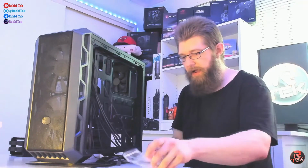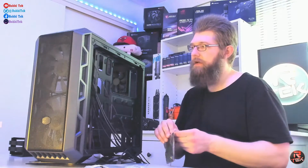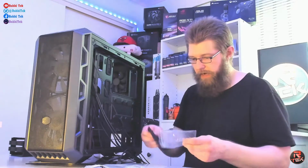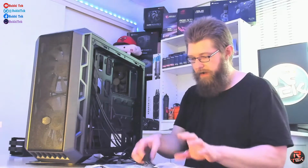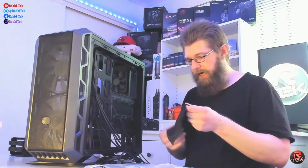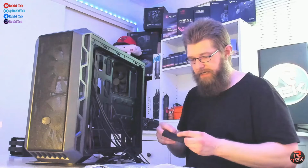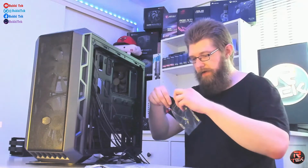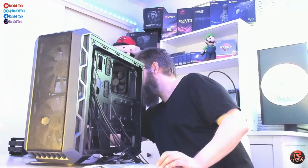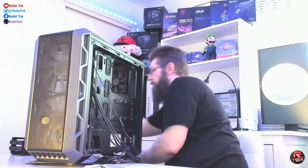So far for the price, I'm not expecting to be disappointed, but I'm also not expecting to be mesmerized. So far the build quality is sufficient for my liking, and I'm thinking performance wise it's going to be exactly what I'm after regarding airflow. So I've got a nice little CoolerMaster microfiber cloth, which I can use to clean my glasses with, but which will also wipe down the case at the end. That's why I'm leaving the peel to the end, so that I don't mess it up or scratch it up. So we'll pop that aside over here, put everything out of the way, and